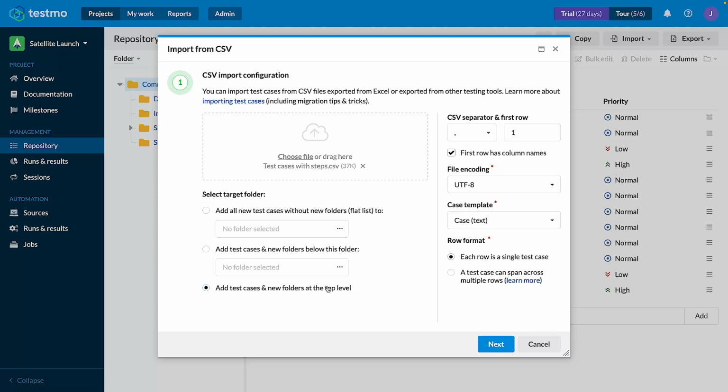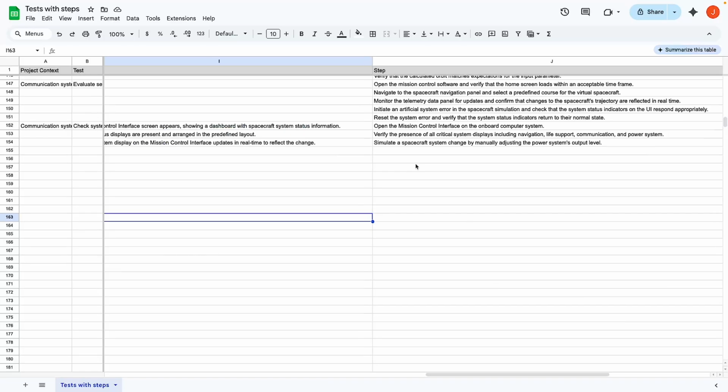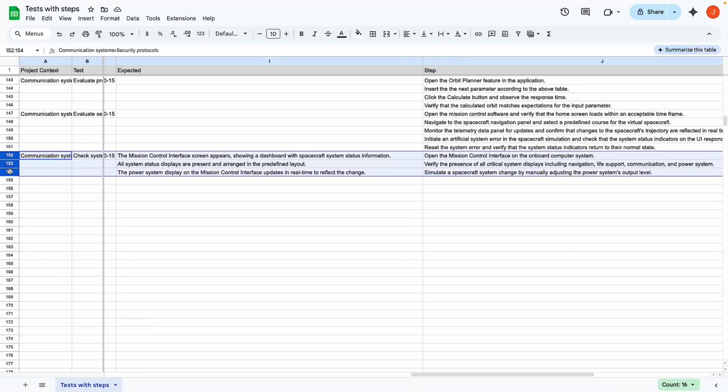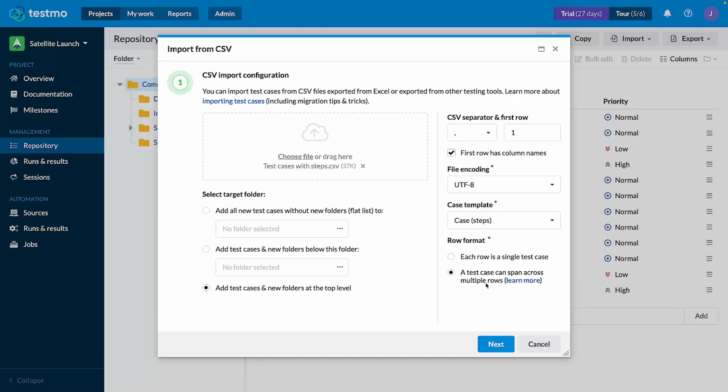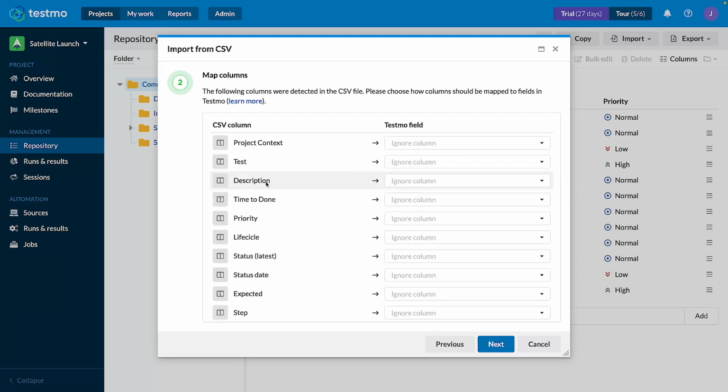If the folder is already created, it will not create a duplicated folder, it will just add the new tests to that folder. We have the same CSV separator and first row with column names, but in this case, we need to change the template. And also the row format, because a test case can span across multiple rows is true, because as you see, for example, this last test case is 3 rows with 3 steps. So make sure you select this option. We can go next and start